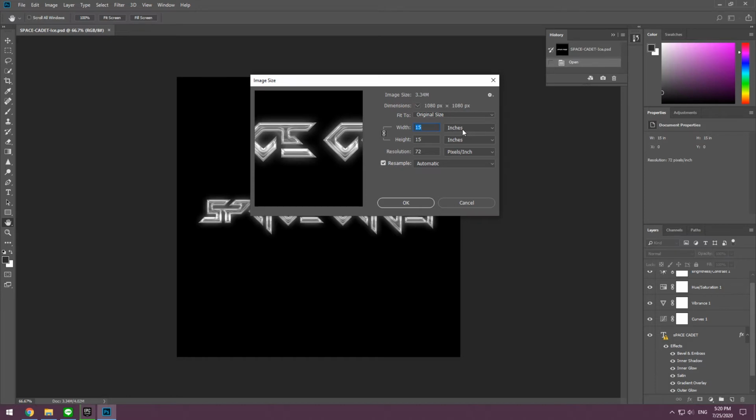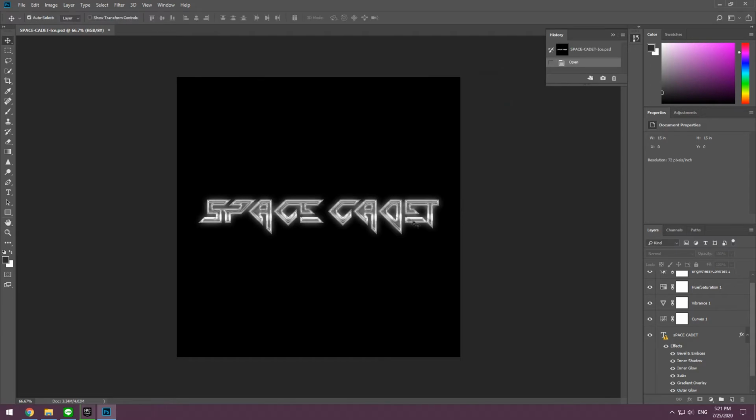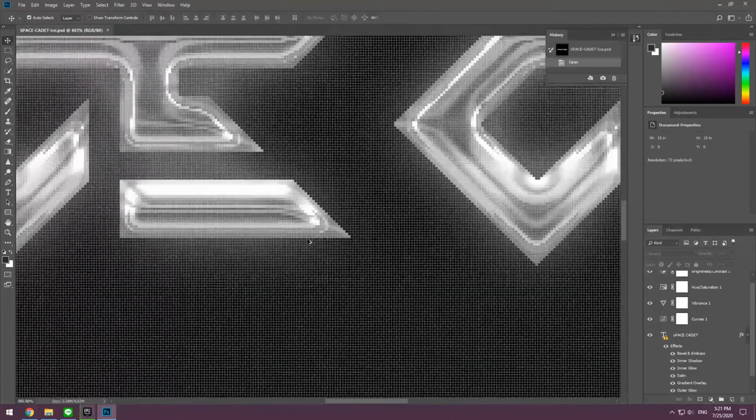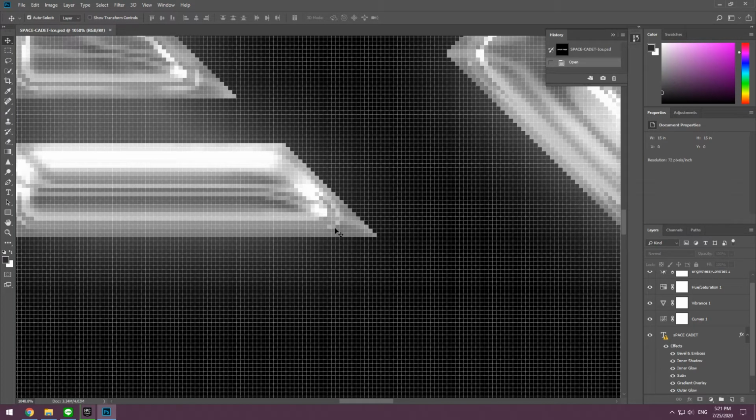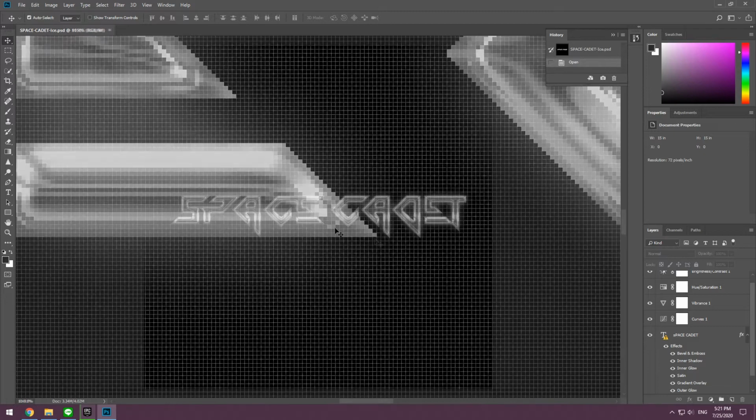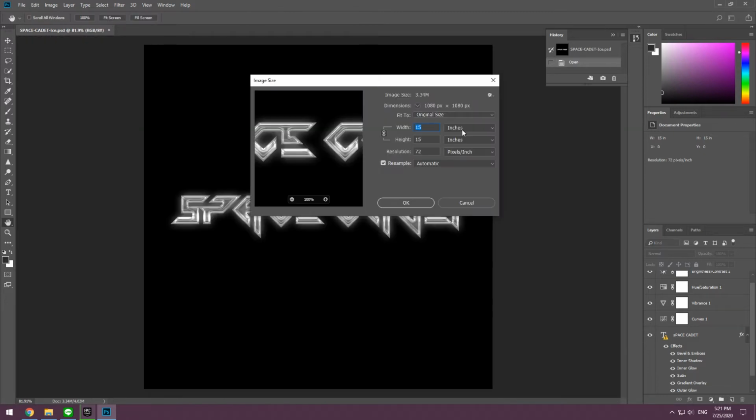You can use inches or pixels or anything like that, so I'm going to use pixels, which is the common use. Here it is 1080, so it's quite small, so your logo will look like that. The pixel count is too low, so your design will look like that. And what I'm going to do is change this